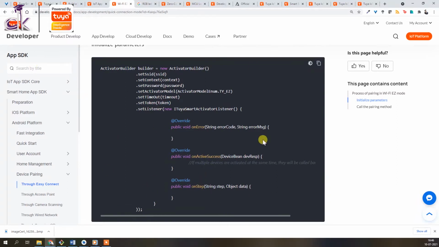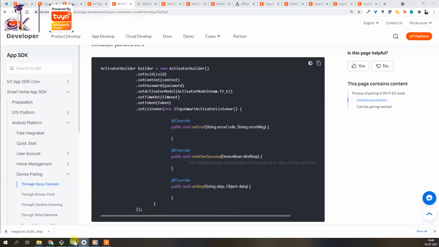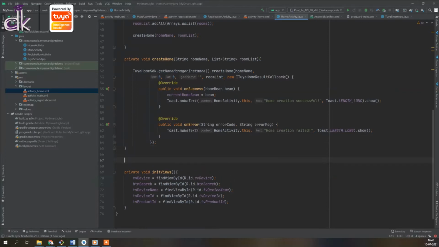So you can go through this SDK to understand more, but I just want to tell you how you can develop the app by looking at this. So let's go here and develop the code. All right. So let's create a function to get the token firstly.